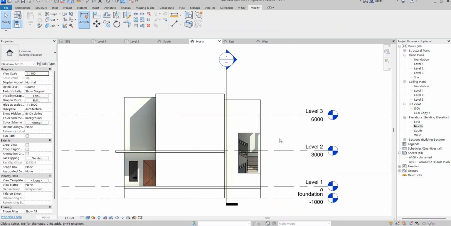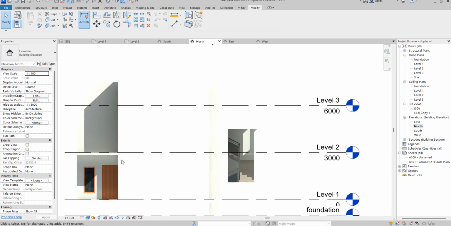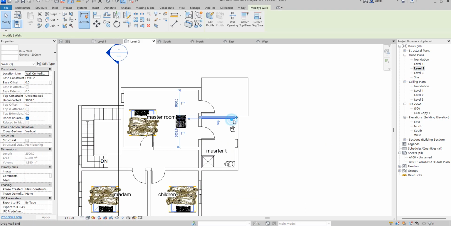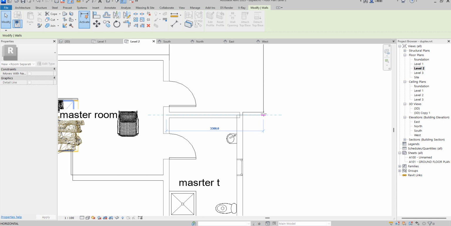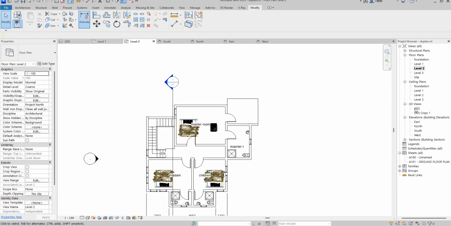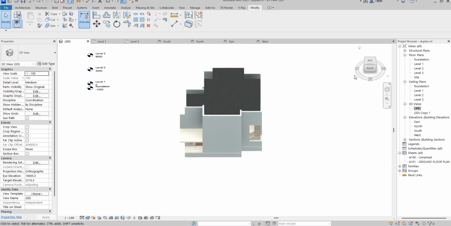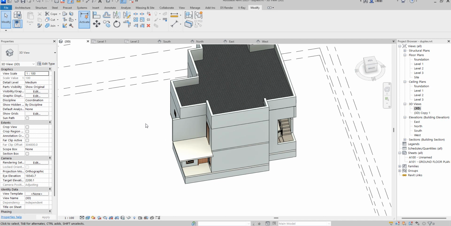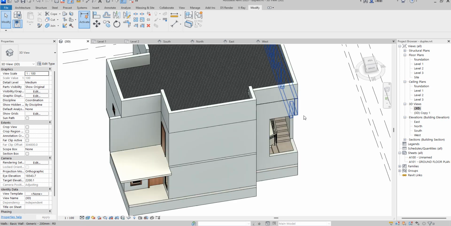So what I am doing now is that I will create an extension to this wall. Go to level 2, then extend this wall, let it come to this point. Okay, so let it stay like that for now. So when you look at it from 3D now, you see that it is a little bit different from what we have already. So now what we want to do here is that we want to push some of this